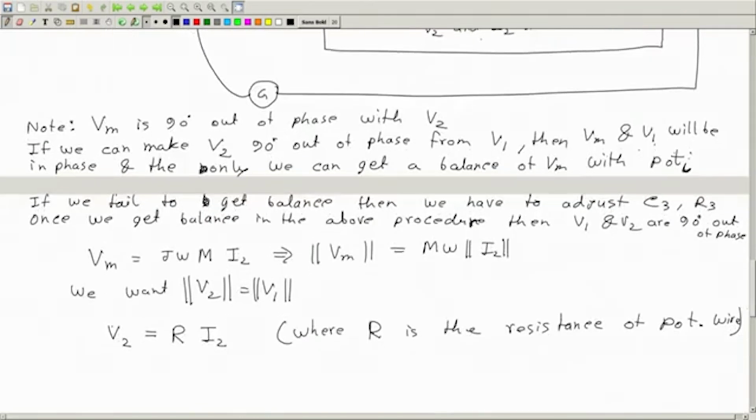Okay, so we can write V2 is this. Okay, all these are magnitudes. So this is what we want, V2 is equal to V1. So in place of V2, we write R I2 from here. This is equal to V1,